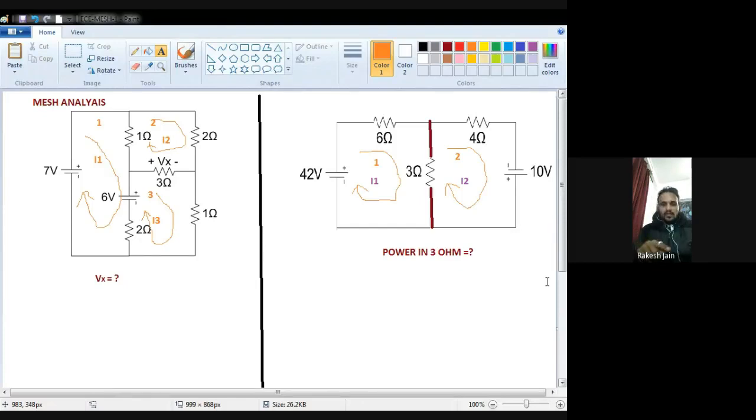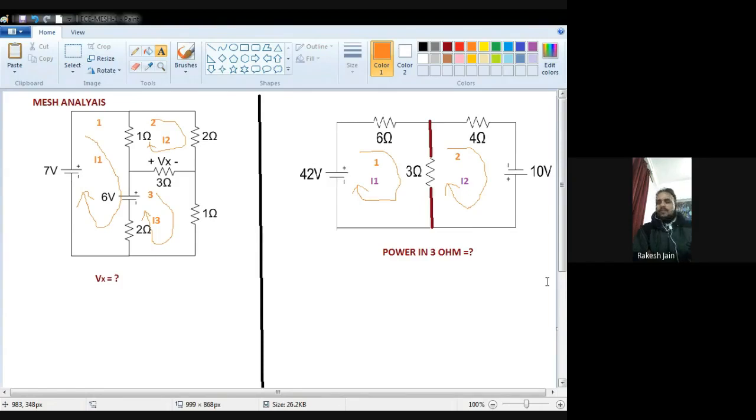See the question very carefully. This current I2 direction is from lower to upper side in the 3 ohm. When I focus on the 3 ohm resistance, the I1 current direction is from top to bottom, and this I2 current direction is from bottom to top, so it is another direction. Because I am writing down the equation for the first mesh, I put a positive sign with my current I1, that's why plus 3 I1, but a negative sign with I2, the other mesh current, because the direction is opposite, so minus 3 I2 is also there.